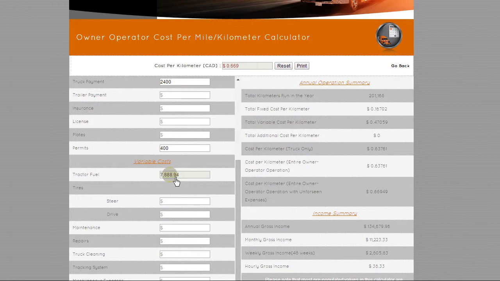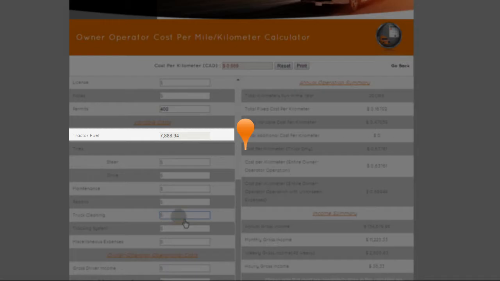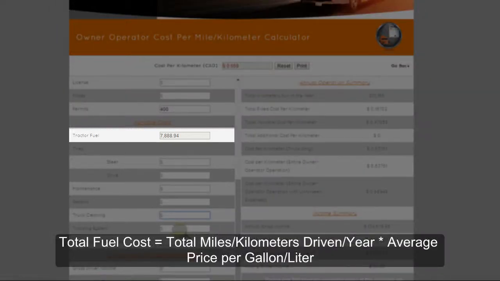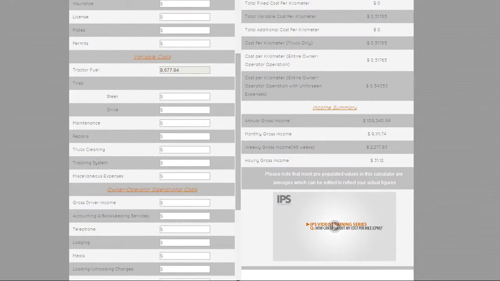Below, you will find the variable costs related to your driving. You can notice that we have calculated the fuel cost for you. This is based on the above entered values under Operation Specifics. You will notice that fuel is perhaps the most significant cost related to your driving. Also, you can see how small savings in gas rates can save you money. If you have spent any money on tires, maintenance, repairs, truck cleaning, tracking system, or any other expense, please enter